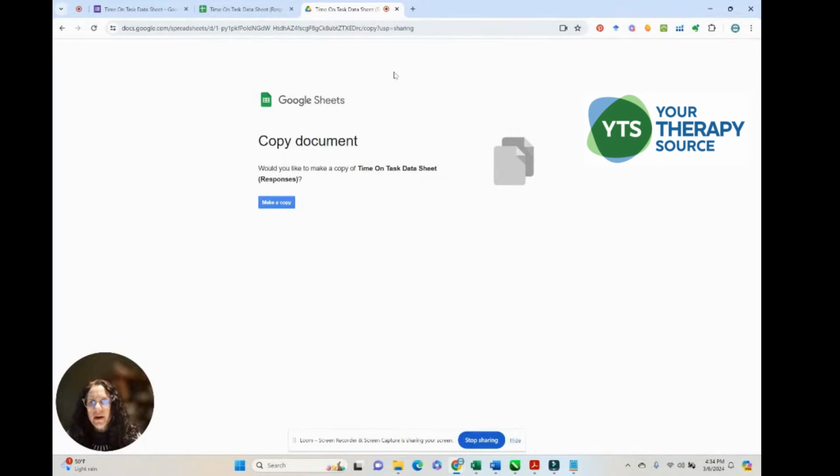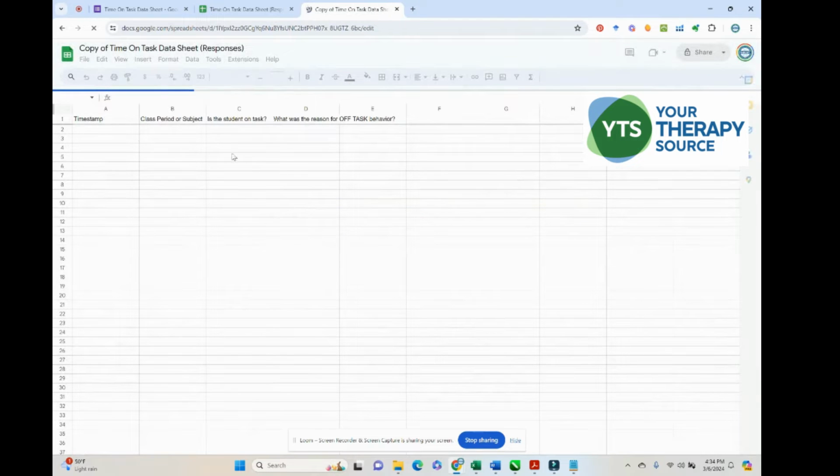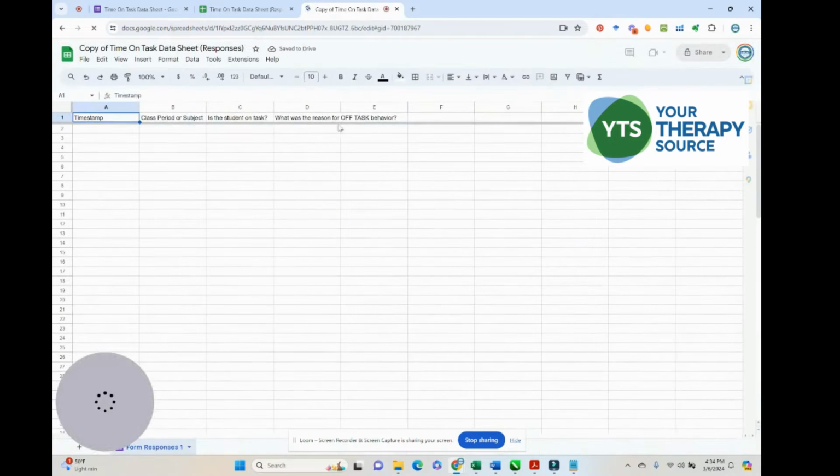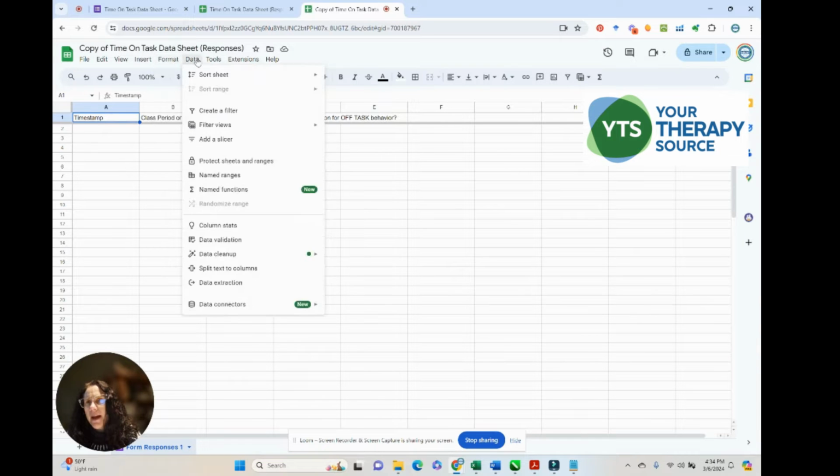Okay, I want to show you how to use this time on task data sheet. You're going to make a copy of the link that's in the PDF, and this will make a copy of the Google Sheet to start. And so it's going to be blank, and you want to be able to go in and format the Google